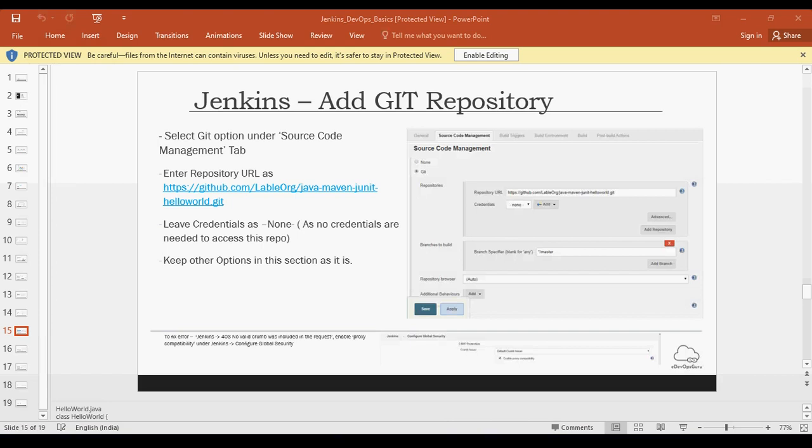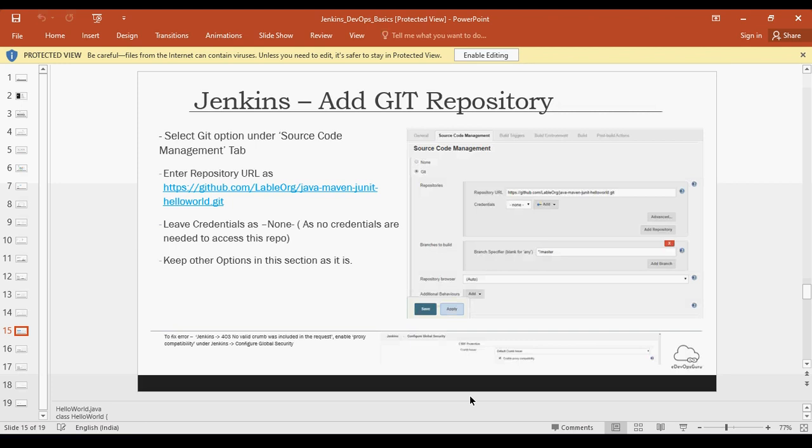Okay, so now let's see. Here we are integrating GitLab, or in this example we are integrating GitHub, using a Git plugin.